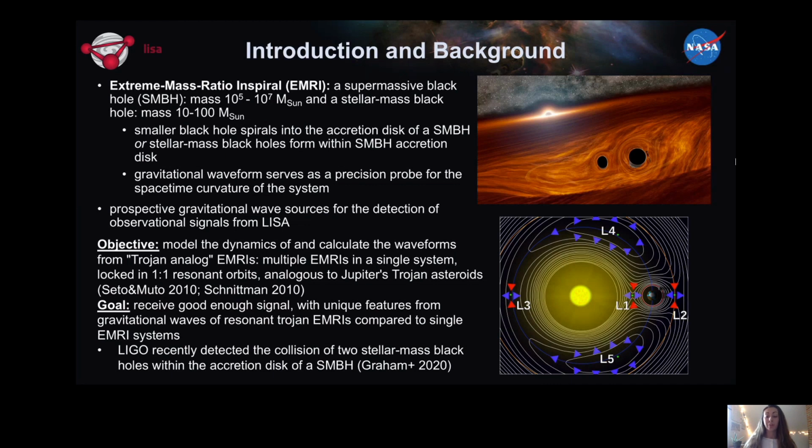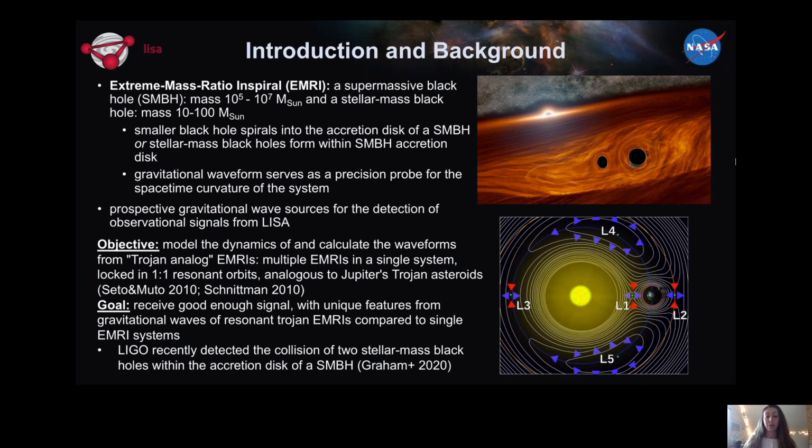So looking at the bottom right figure, we have the Sun, Jupiter, and their 5 Lagrange points. The L1 through L3 Lagrange points are unstable, and the L4 and L5 Lagrange points are stable. This is because the L4 and L5 Lagrange points create an equilateral triangle with the Sun and Jupiter. So we have one equilateral triangle from the L4 point, the Sun and Jupiter, and then a symmetric system with